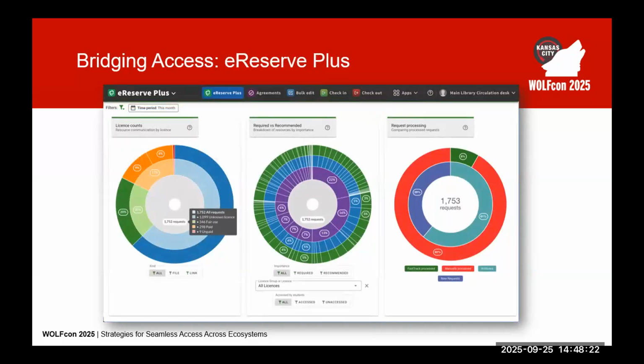We talked about eReserve Plus. I'm not going to go into this because they had a whole session on it yesterday. If you want to learn more, that's recorded. But I just wanted to show you this because I think this is just so cool. We can finally see a commercial company build their own app in Folio. If you haven't seen it yet, I don't think it's on Snapshot or in a publicly accessible place, so that's why I put the screenshot up here. They've created their own app and they've rebuilt their entire software as an app in Folio. And so that's now available, but it does require a subscription to their service.